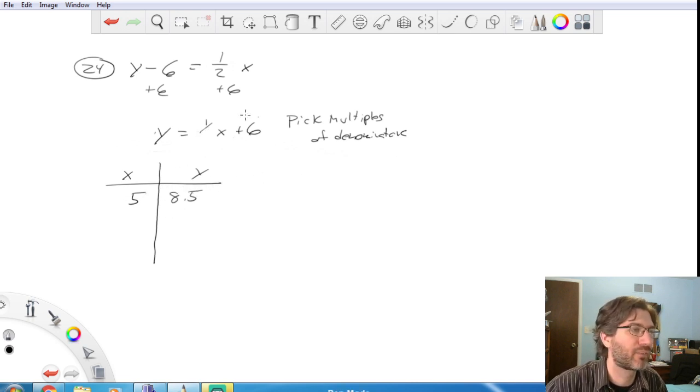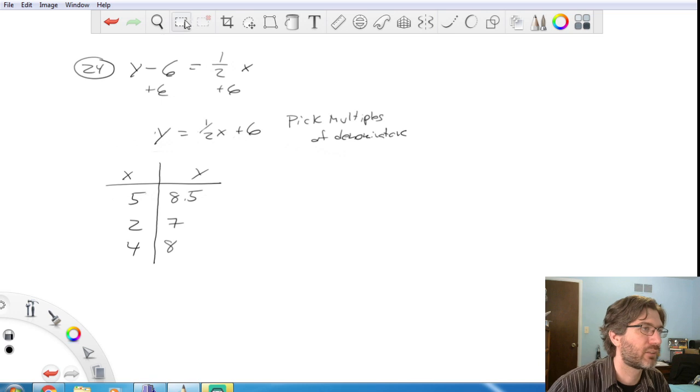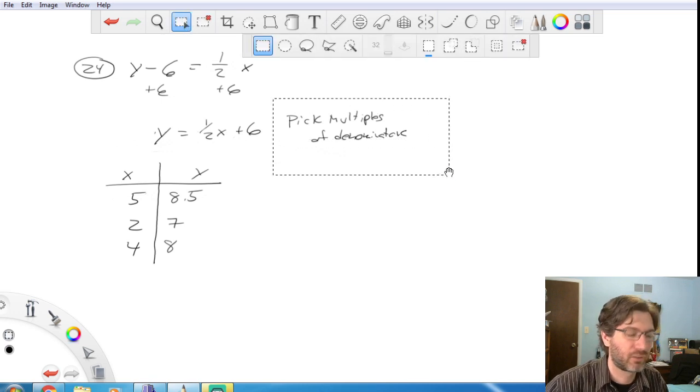But if you picked multiples of the 2, so like if you pick 2 for it, 1/2 of 2 is just 1, 1 plus 6 is 7. Right? If you picked 4, 1/2 of 4 is 2, 2 plus 6 is 8. Right? You get nice round numbers. So when it comes to fractions like that, I'll show you